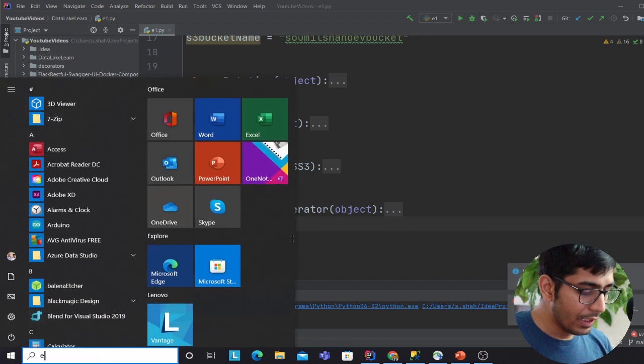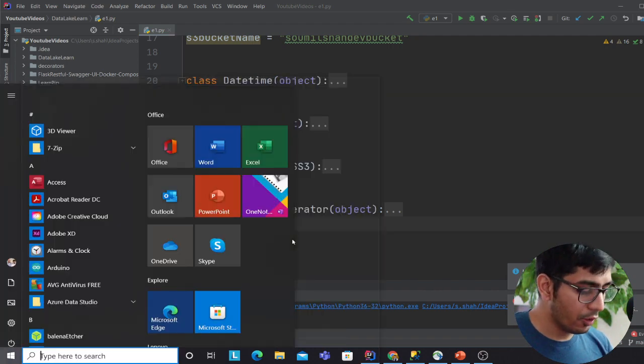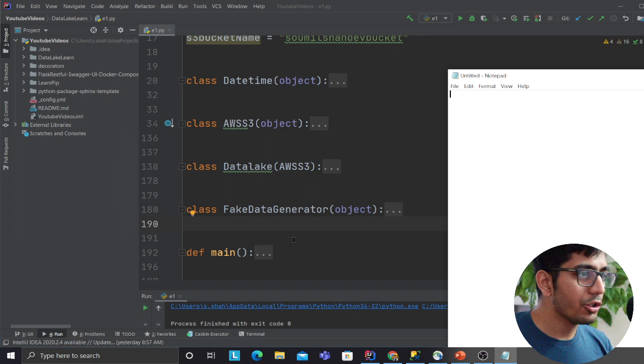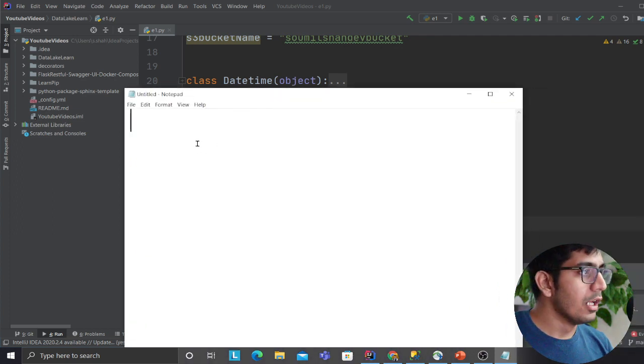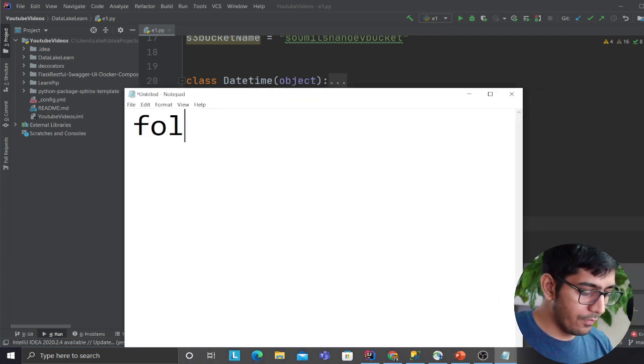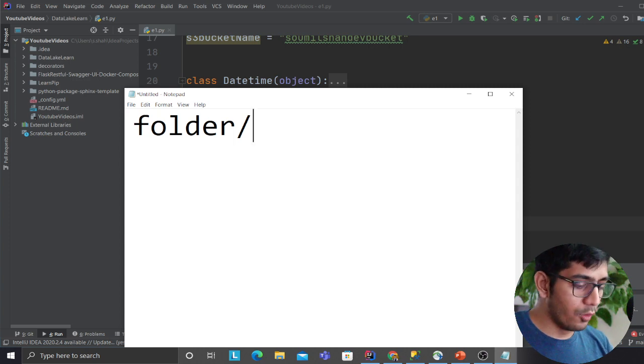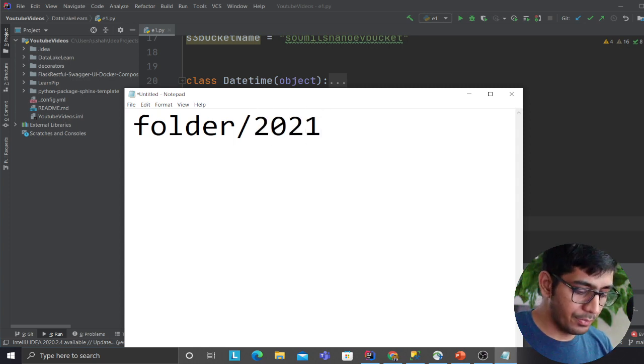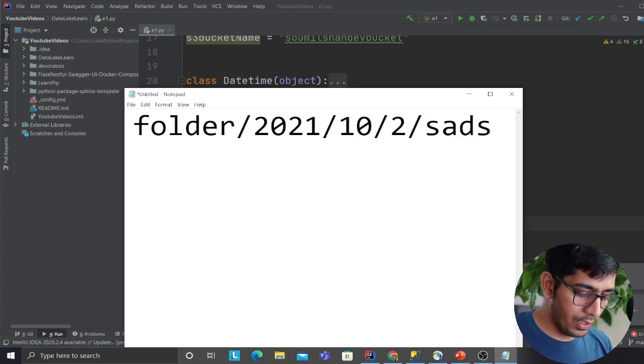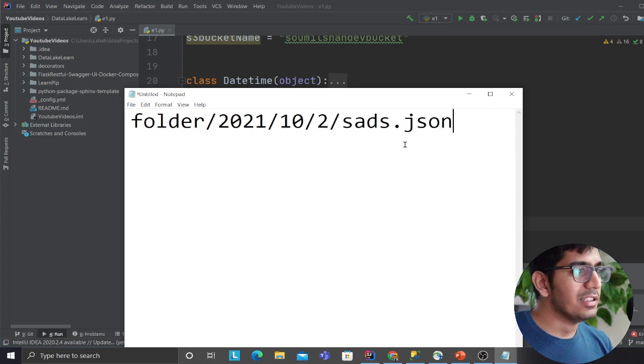Remember, in the data lake, whenever you want to do any sort of data lake, I'm going to show you in Notepad, first of all, the partition. Usually, this is how most people do it: a folder, then a year, for example 2020, then the month, the day, and then some file.json, right? This is great, but if you use this structure, guys, AWS Glue won't be able to recognize your partition.